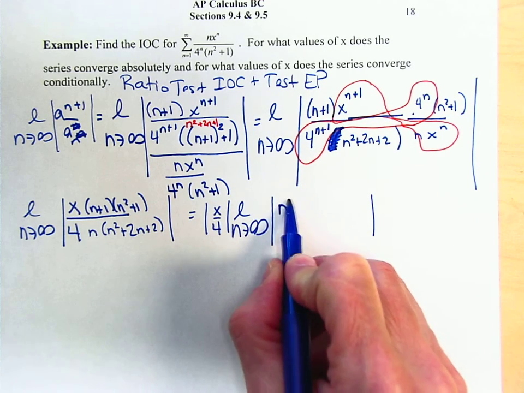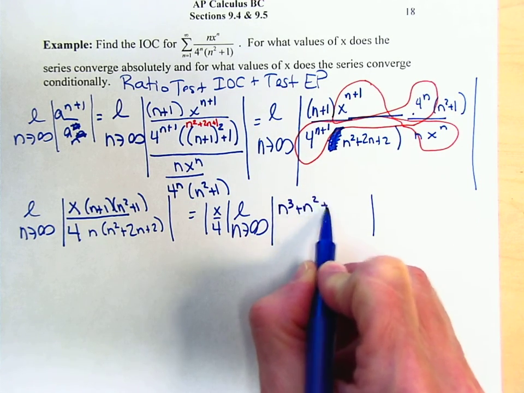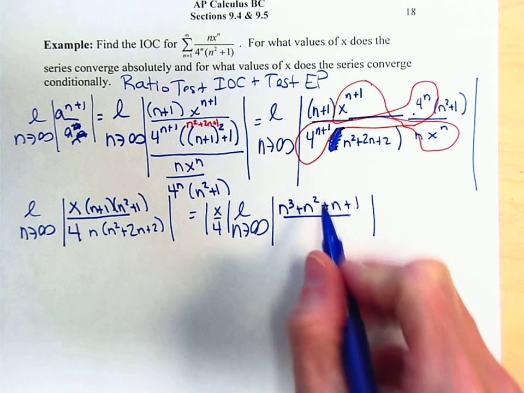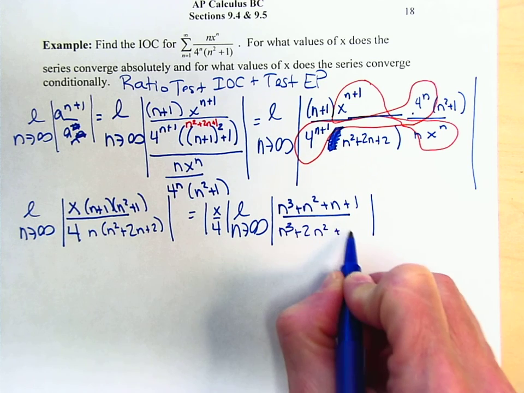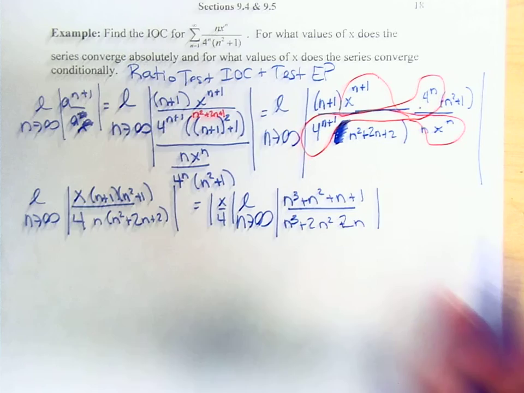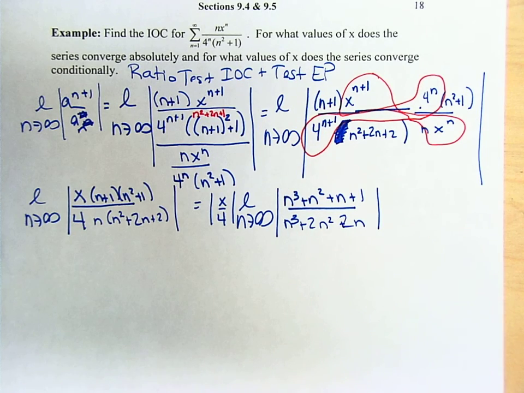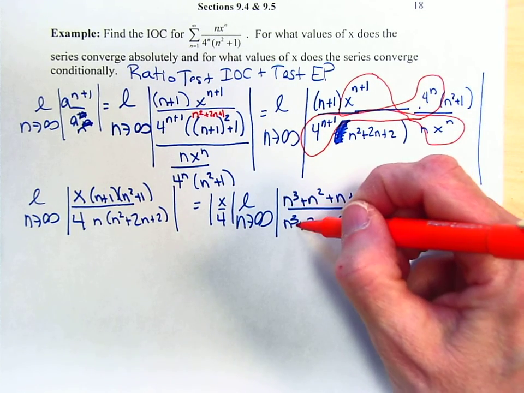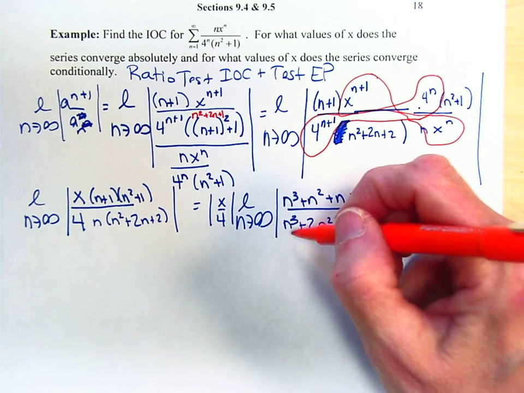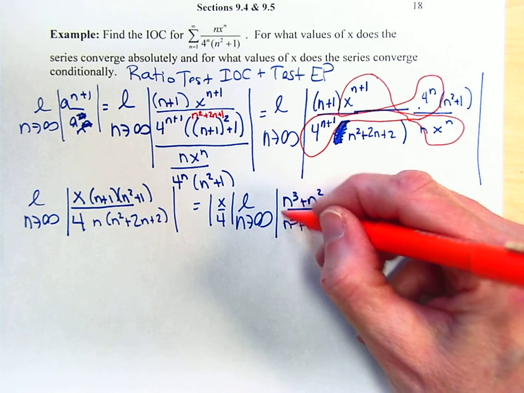So we get n cubed plus n squared plus n plus 1 all over n cubed plus 2n squared plus 2n. So I could L'Hopital 3 times, or if I can remember the rule from chapter 2, where if you take the highest power of the numerator and the denominator and they have the same power, you could just take the